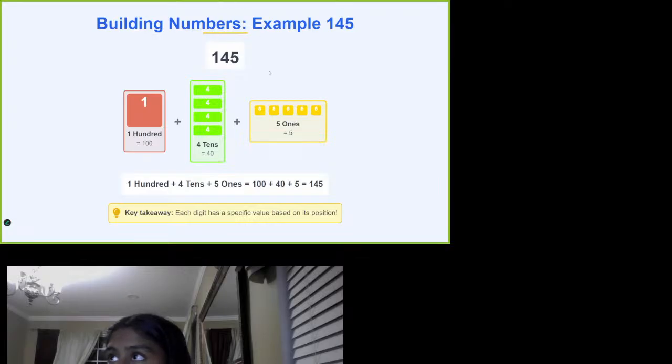So let's build the number 145. So this is a 100 flat, which equals 100. And then plus